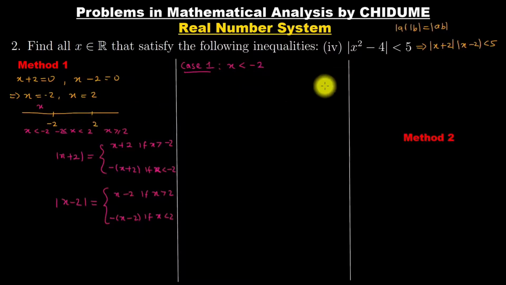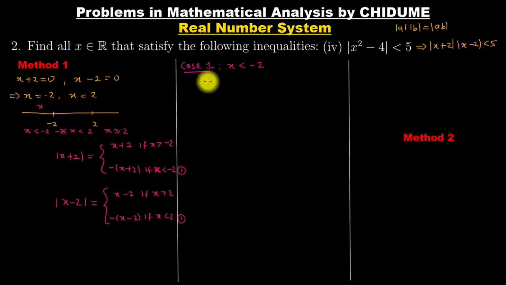Okay, and here what will happen to the absolute value of x plus 2? So here we have x to be less than -2. So this is case 1, and this is also case 1. Okay, so meaning that the absolute value of x plus 2 would be